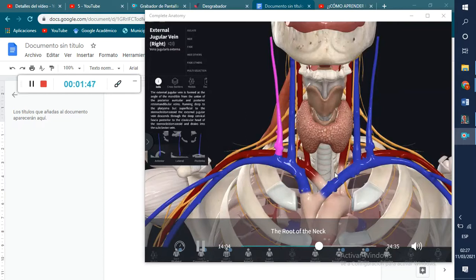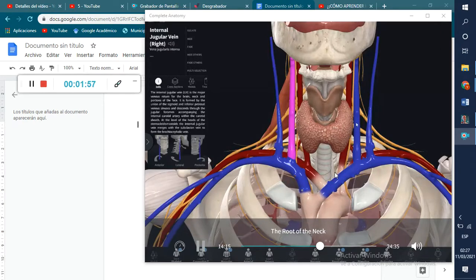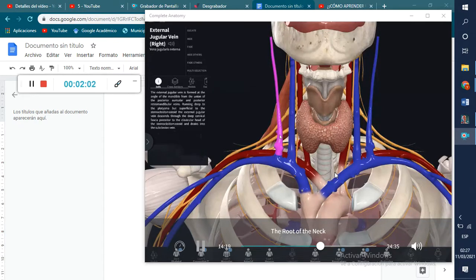So next, let's have a look at some of the veins that we can find in the neck. We can see right here highlighted is our so-called external jugular vein. Medial to that is going to be the internal jugular vein. Who would have guessed? Same thing on the left side here. And so the EJV, or external jugular vein, is important for draining blood that is primarily received from the scalp and the face. Okay, so the EJV will then terminate in the root of the neck by joining here the